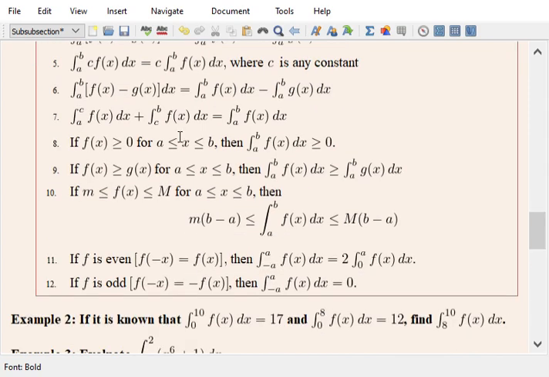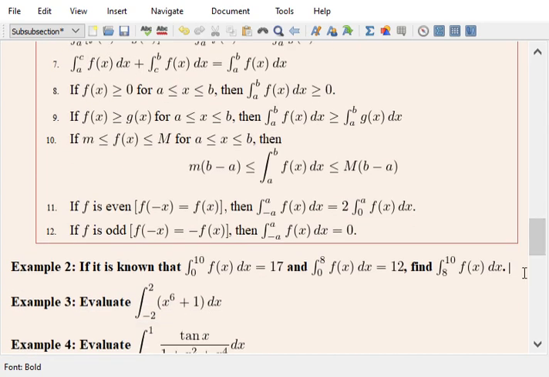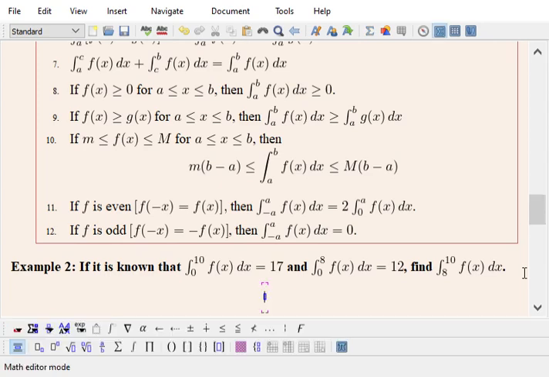That's going to use property 7 right up here. So the integral from a to c plus the integral from c to b is equal to the integral from a to b, right? So this c kind of cancels out. So with that in mind,